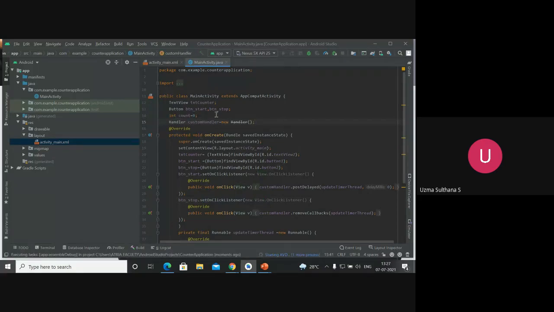Any doubts in the debug? Did you guys try how to debug? Anyone in the class tried with the debug?